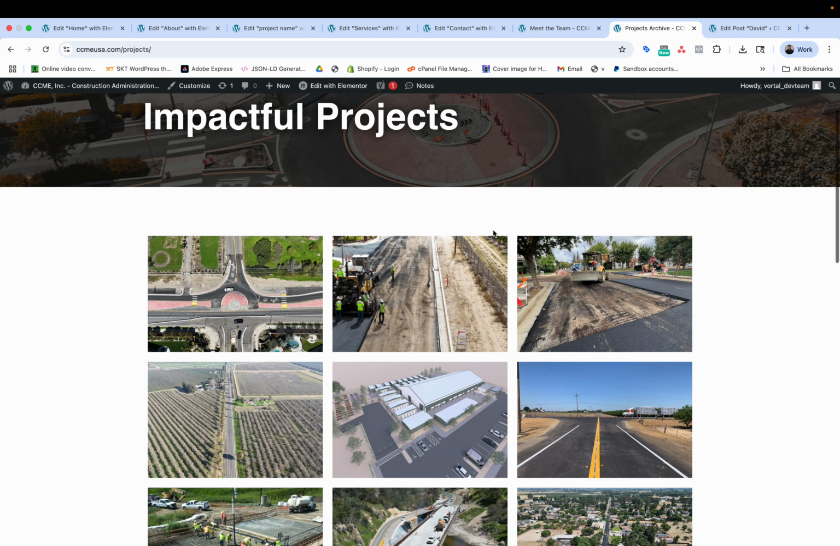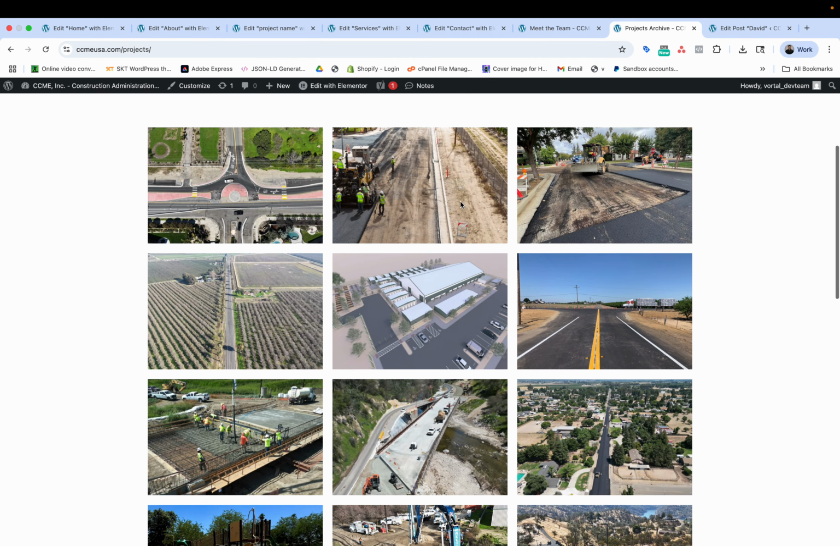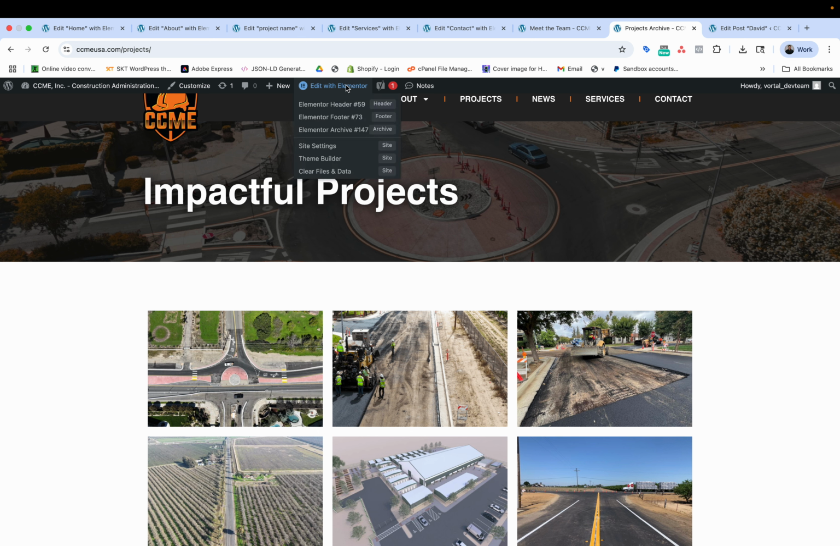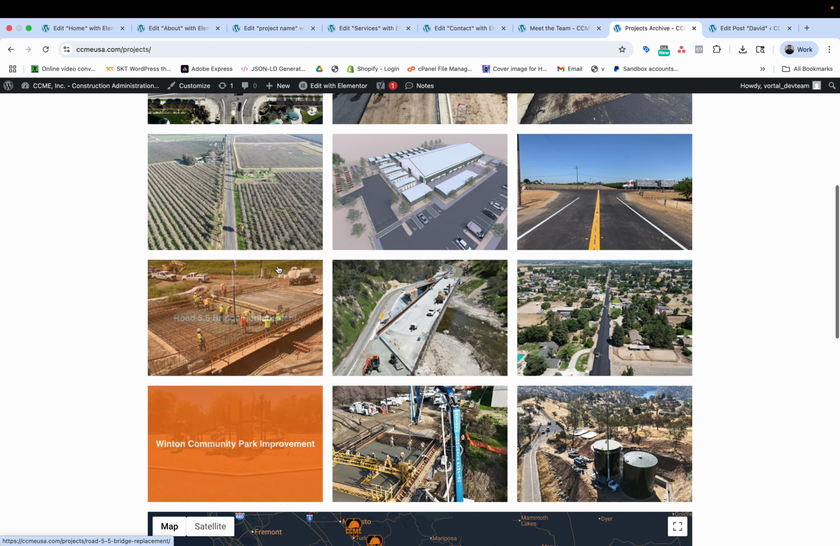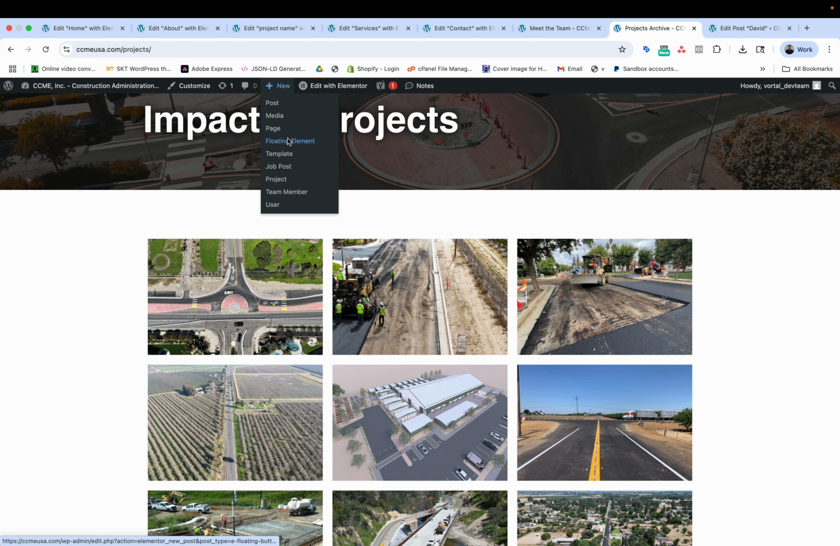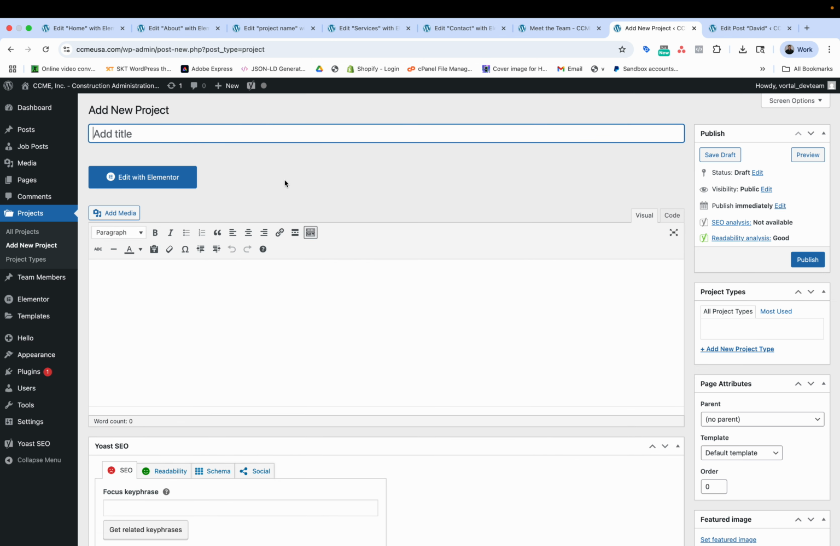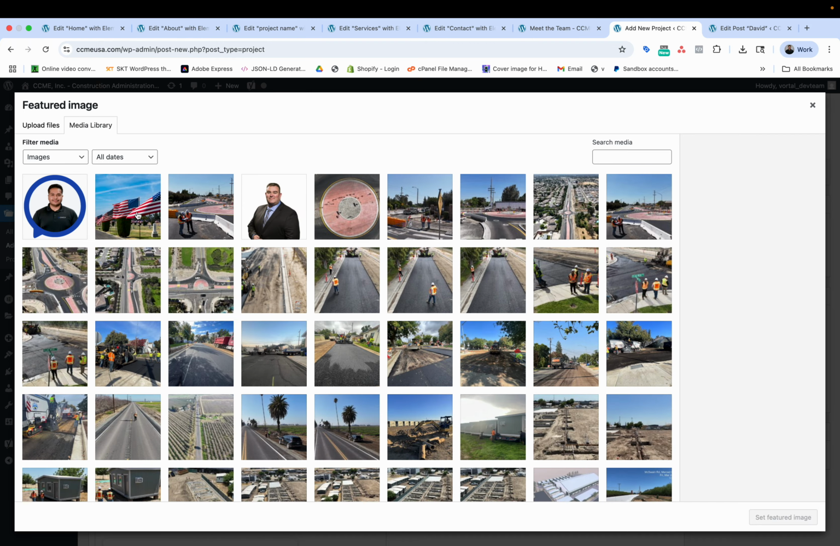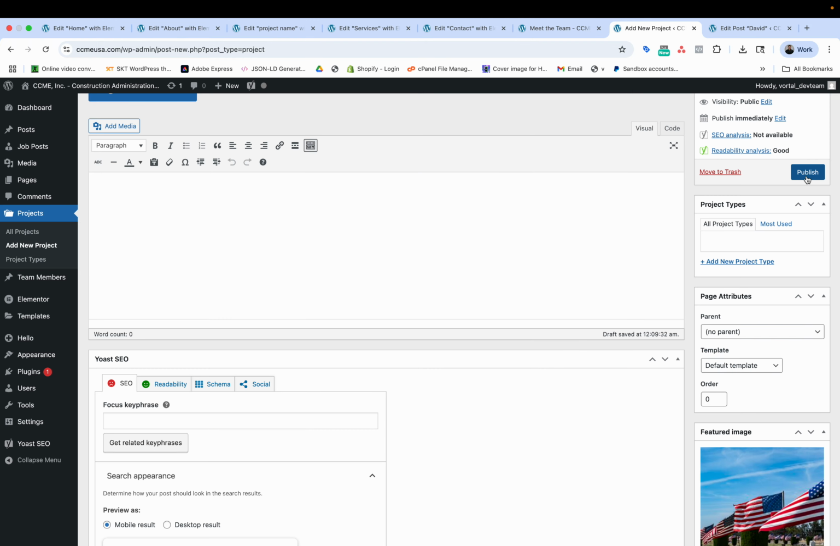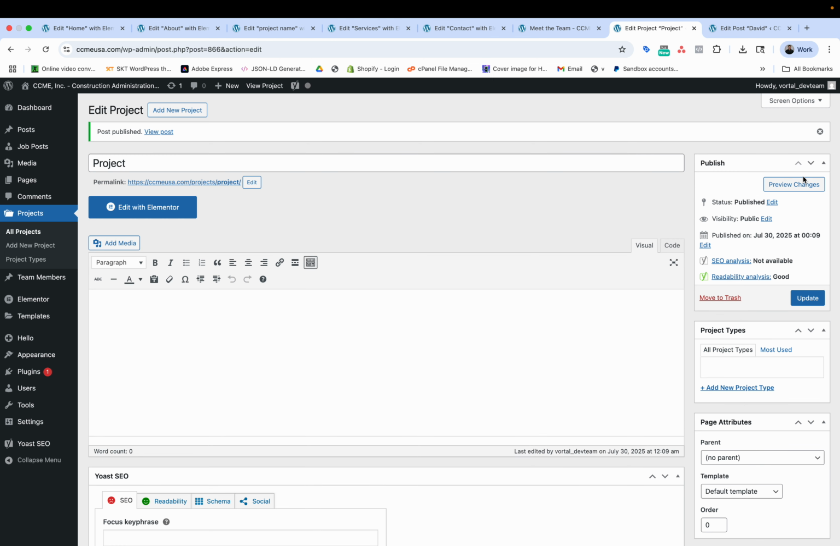Project is another one where it's a little bit more involved when it comes to editing items. So once again, on this home page, this is an index page, so there isn't really anything we could edit here. So what we do is we go to new and go to project. So project name, and then let's add the project featured image, set feature, and now we publish. From here, we go to edit with Elementor after publishing,